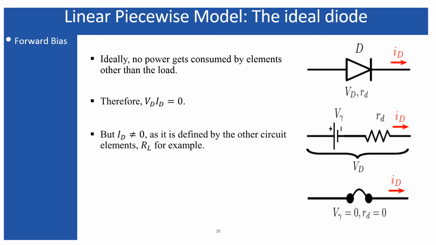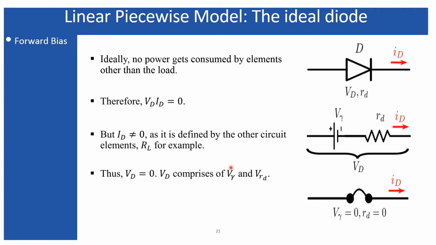But ID, although I have defined it by this ID, is also the circuit current, because in the present circuit all the elements are in series. So this diode current is also the circuit current. If the diode current goes to zero, then power will not be delivered to the load either. So that is why the diode current, or equivalently the circuit current, must not be zero. That will result in Vd equal to zero.